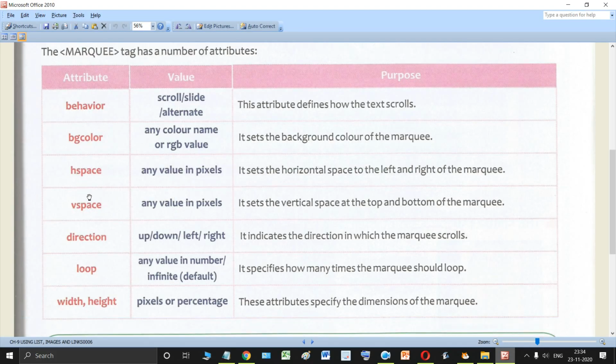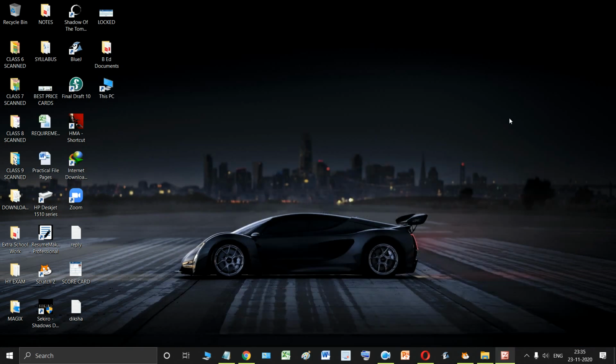The next attribute is the H space attribute. The H space attribute can hold any value in pixels, any numerical value, 100, 50, 20, whatever you want. Now, what does this H space mean? H space means horizontal space. It sets the horizontal space to the left and right of the marquee.